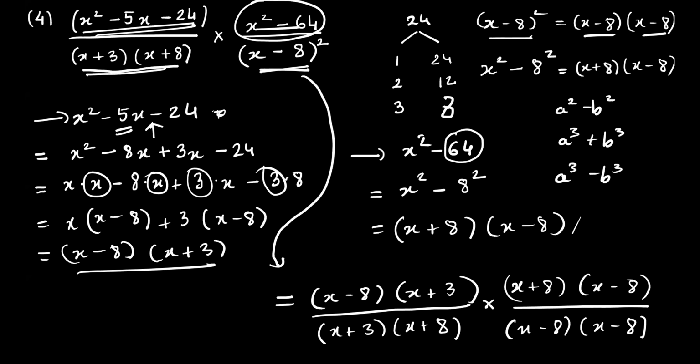Yes. Many things. In the numerator of the first fraction, x minus 8 cancels with the denominator. Then in the numerator x plus 3 with x plus 3. Then in the numerator of the second fraction x plus 8 and x plus 8. And then what is left is x minus 8 over x minus 8. So can I say the final answer is 1? Yes. Is it difficult or easy? It is very easy, sir. Okay. Great. Thank you, Omkar.